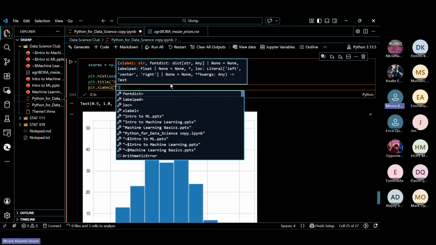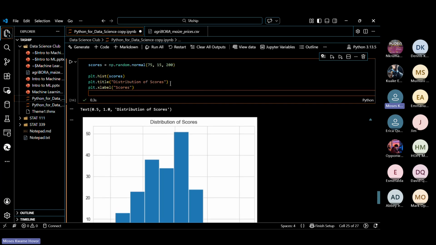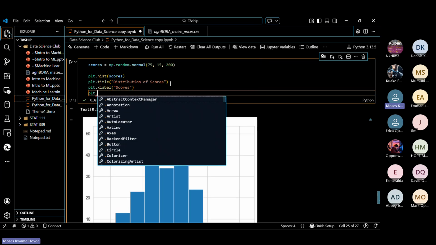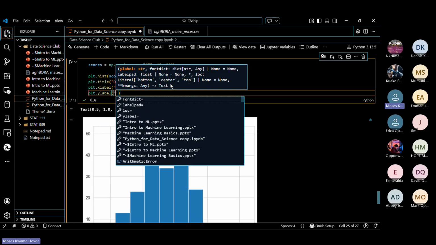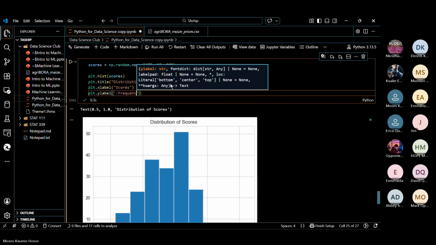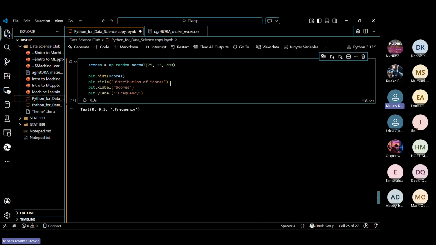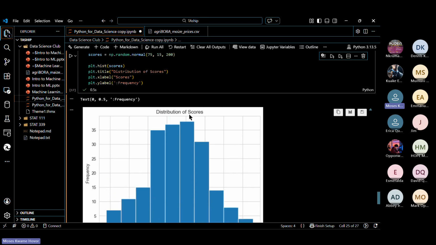Let me just call it scores. And we can also name the y-axis as well, so plt.ylabel, and we are going to call it frequency. So we can actually do a lot of customization.